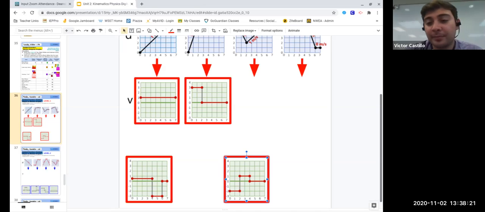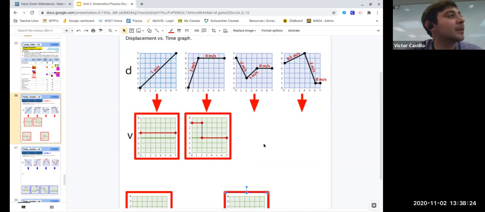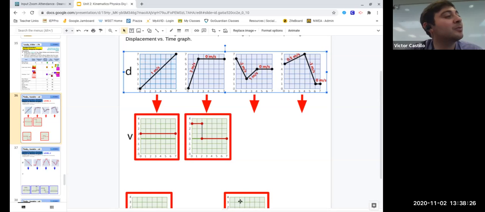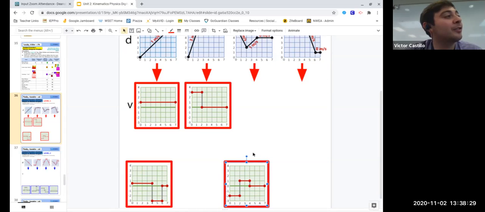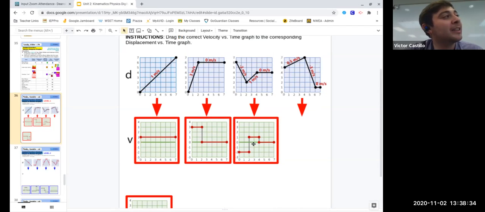Thank you, Rosalinda. Okay. So for this third graph, it's actually going to be the third graph, the one on the right, because you start at negative 2 meters per second. Then you increase to what? 1 meter per second. So you go all the way up to 1 meter per second. And then what happens? You move to 0 meters per second. You see that? So negative 2, 1, and 0, which means the first graph will go with the last one